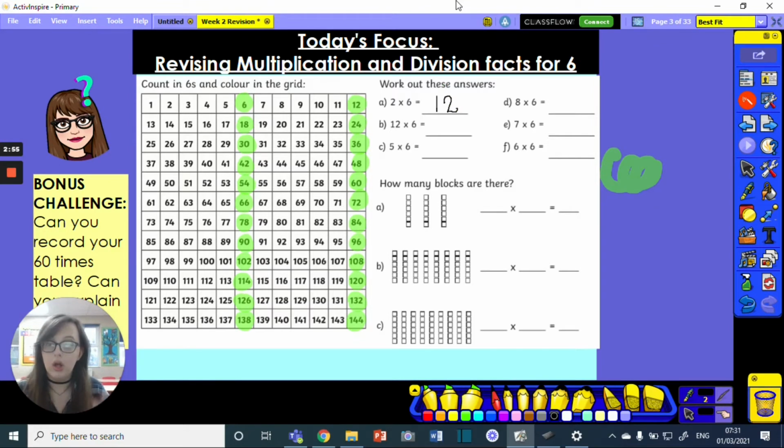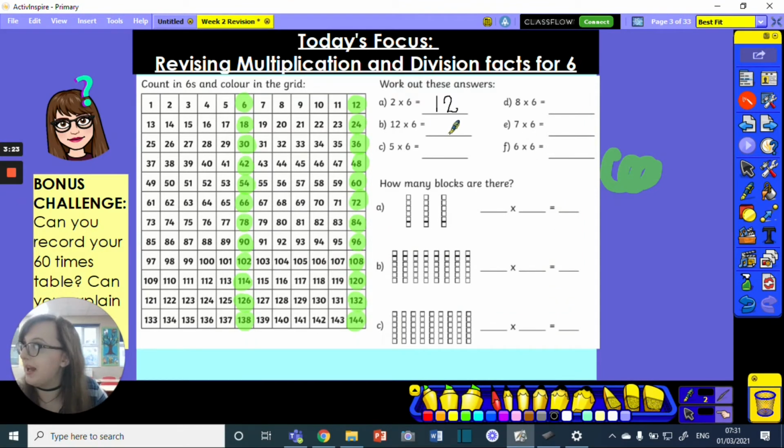In the long run, knowing your times tables and being able to get them like that is going to be much easier, much quicker, because you won't always have a grid to help you and you won't always have time to go and add sixes one after the other, especially in exam conditions. So knowing your times tables is really going to help. If you don't know your sixes off by heart yet, I really recommend you spend today practicing them as hard as you can. Just a little bit of time every day will make all the difference.